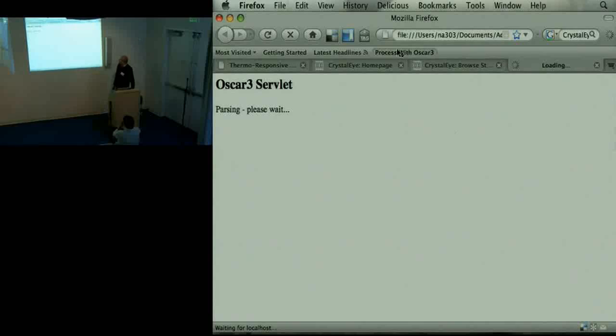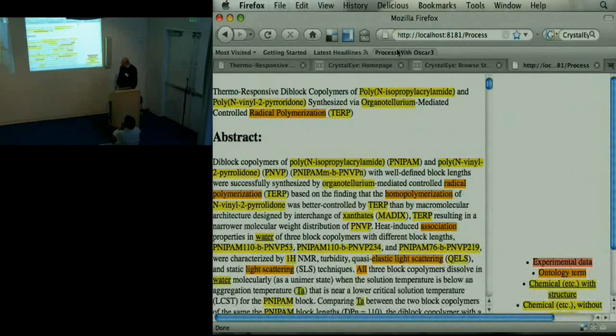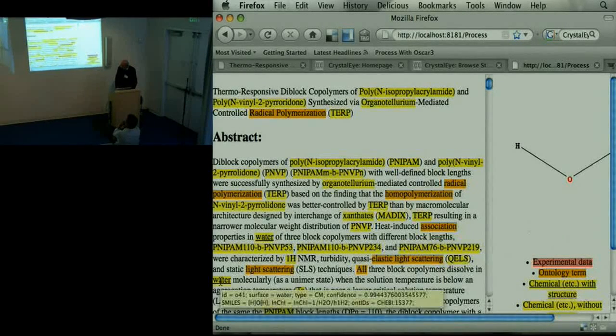and it'll go away and think about it. And after a while, it will have come back with the markup. It will have discovered chemical entities. You see, it's discovered a heck of a lot of polymers here. It's discovered not just the names, but also abbreviations. And sometimes we'll be able to associate a structure with the discovered chemical entities. So here we've got water, for example. We do get a structural representation